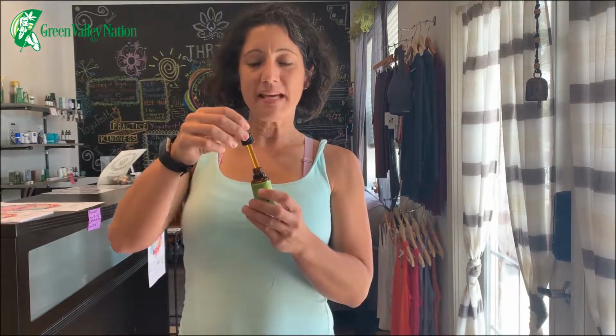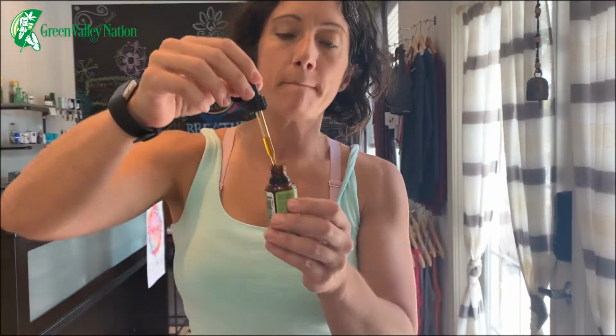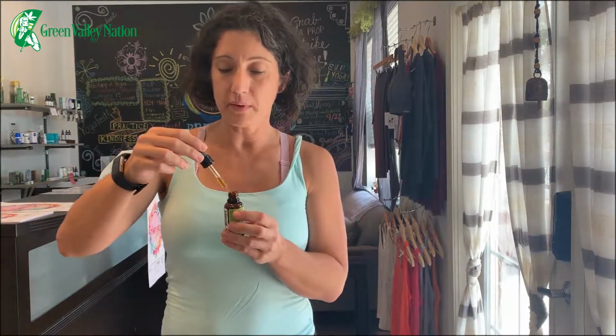So let me take some for you, and who knows how the rest of this review will turn out. I'm just going to take the recommended dose, which is about a half a dropper full. I might be erring on the conservative side because I'm going to be honest, I do not love the way this tastes. So what you do is you fill it up about halfway through,